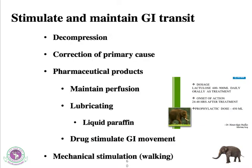So anyway, back to treatment strategies. Remember we were talking about the treatment: how we can stimulate and maintain GI transit. The strategy includes decompression and correction of the primary cause, like if it's an obstruction, then you have to fix the obstruction. Use a pharmaceutical product to maintain perfusion, like IV fluid, a lubricating agent like liquid paraffin, or some people